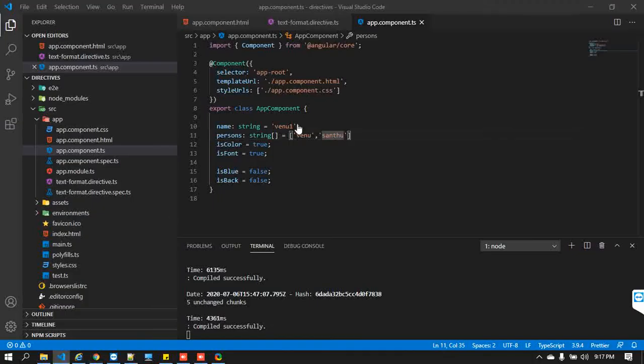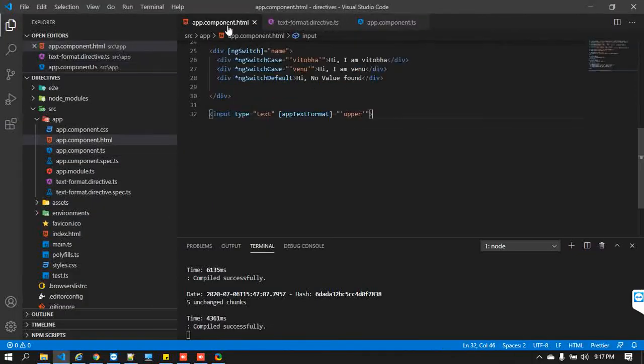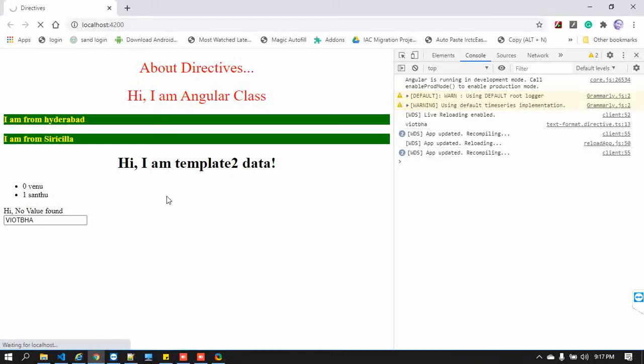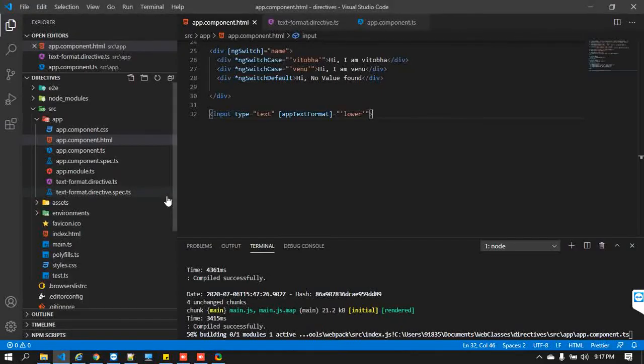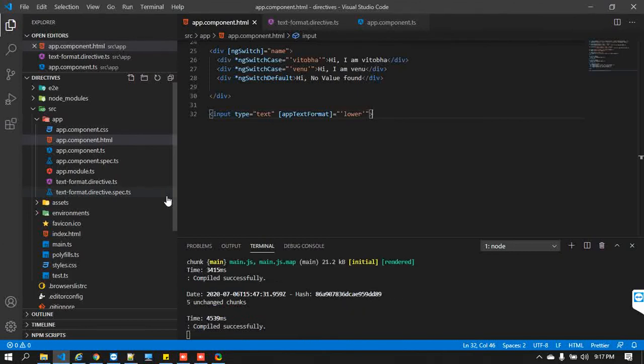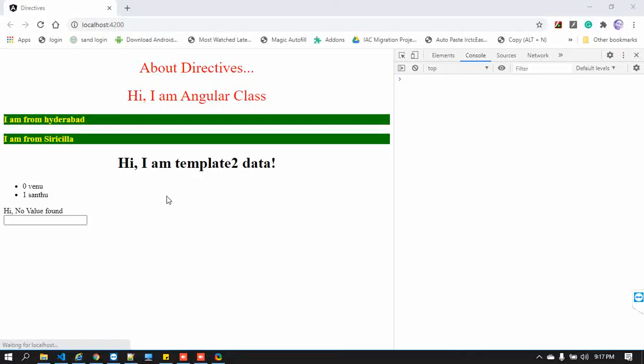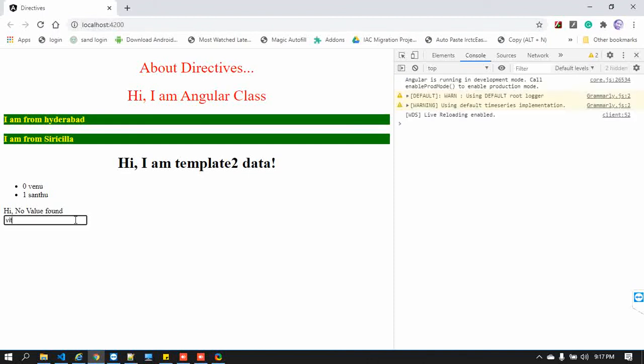Now I would like to go lower. Other than upper I have given something else, so definitely it should return lowercase values. Now we'll see that. I'm typing capital letters, you can give anything.